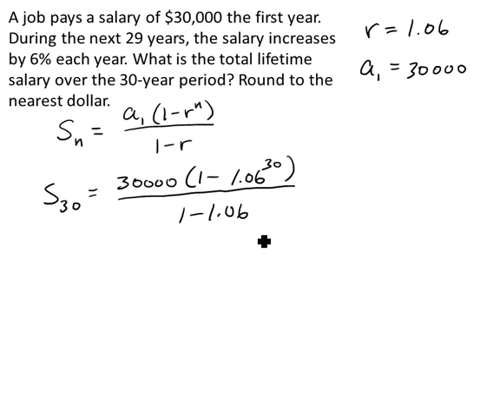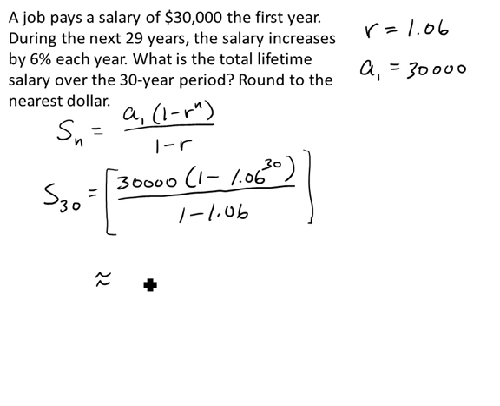And so to avoid any kind of rounding error, really our best idea is to just input this entire expression into a calculator and let the calculator evaluate that and then round that answer that we see to the nearest dollar. If you have to do it one step at a time, use as many digits as you can. So if you do 1.06 to the 30th in your calculator, write that out to as many digits as your calculator shows, so that when you do the other operations with it, you have the least chance of getting some rounding error. So punching this all in a calculator at one time,